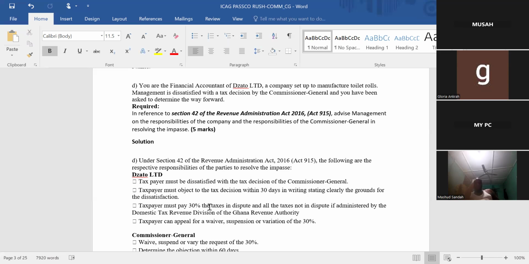So when the Commissioner General's staff comes to do this assessment and they check and realize that you have under-declared your revenue, what they'll do is come out with their own revenue per the records you are going to present to them, and they'll match it against what you have been filing with them. Now they'll be able to establish the difference, and they will come out with the outstanding taxes.